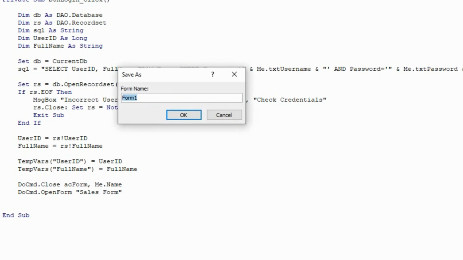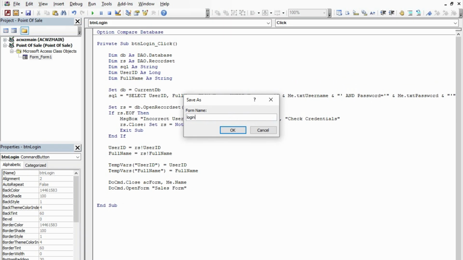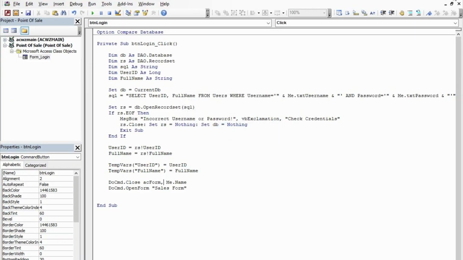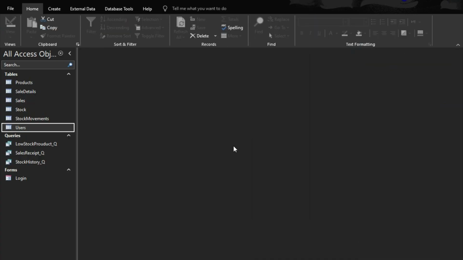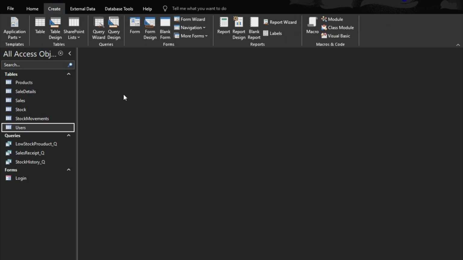Now when we are done, let me save it. This one is going to be login. Login, press OK. Then Alt D to compile it and check for error. There is no error. Now let me close this one and create the source form